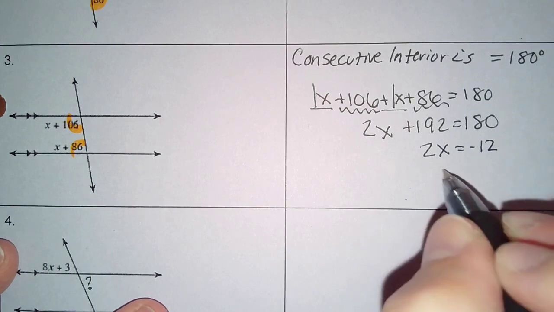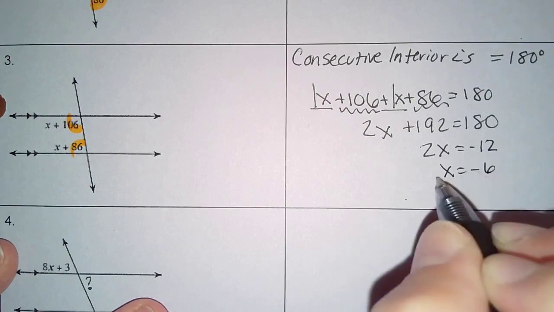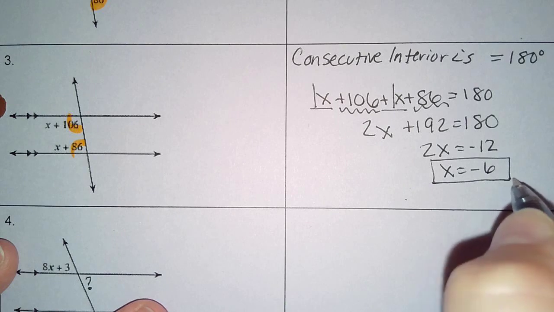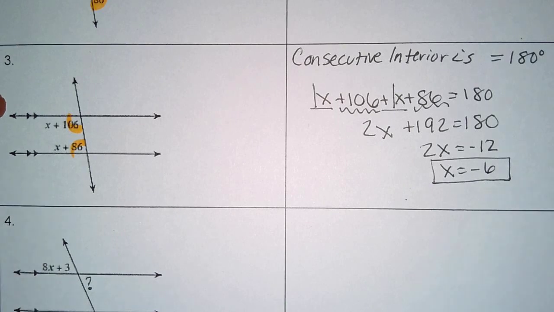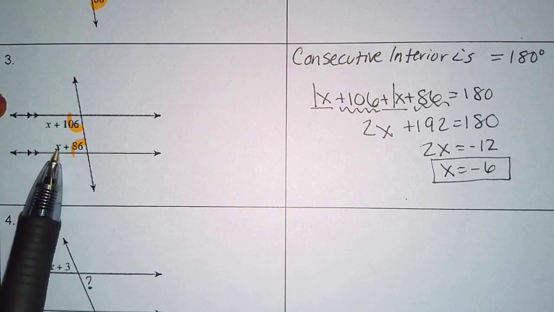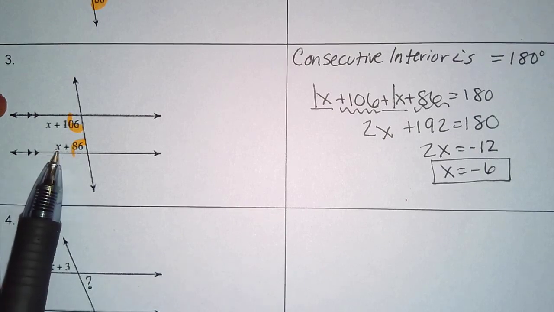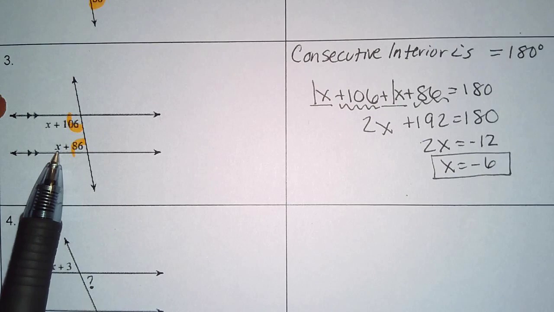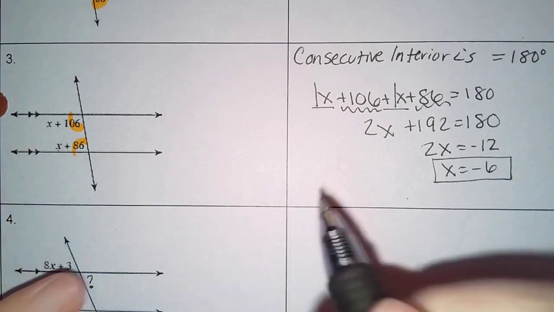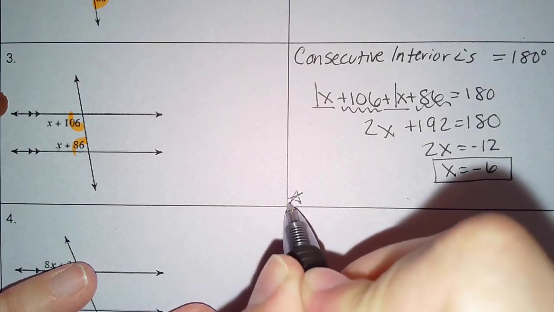Divide both sides by 2, so x equals negative 6. You might be thinking, hold up, I'm talking about angles. I have a negative, that seems wrong, okay? However, if I were to plug negative 6 in for this x that my pen is pointing at, what's negative 6 plus 86? 80, so my angle still comes out positive. So we're okay. So if you need to write yourself a little note, it's okay